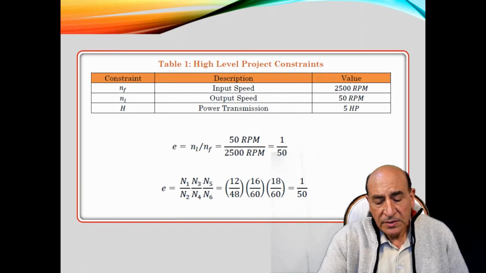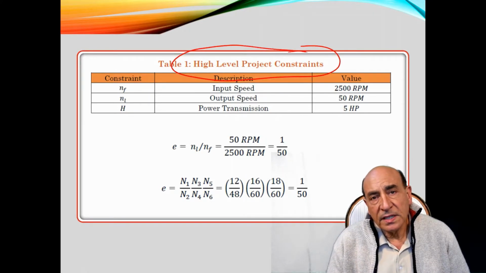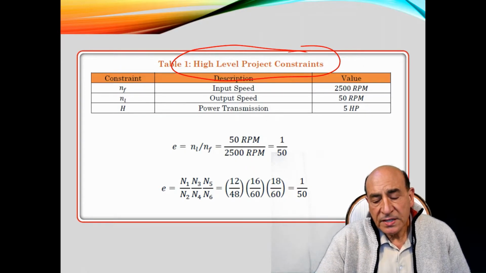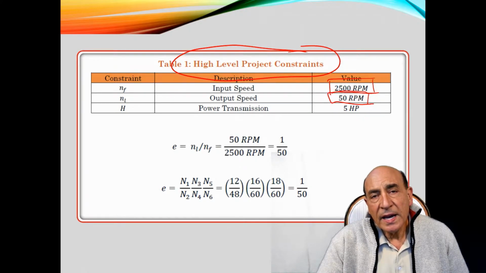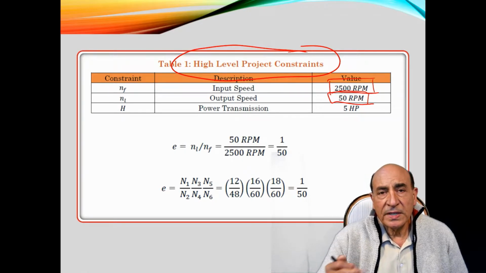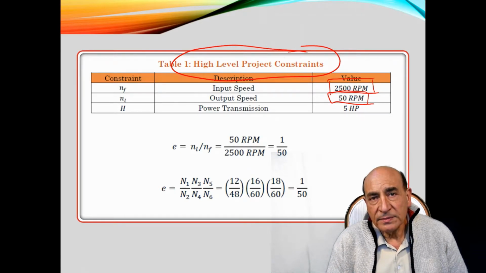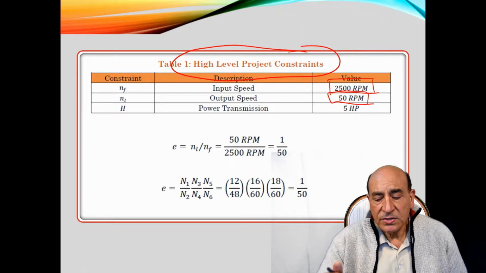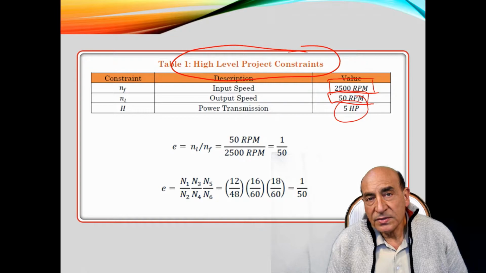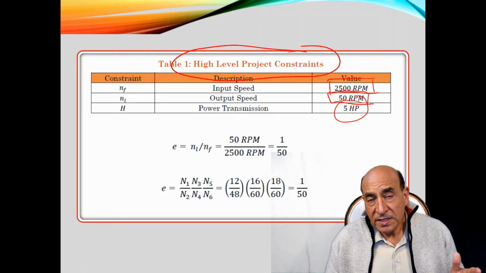In this step, we design the high-level project constraints, and the constraints would be the input speed and the output speed. Here, the gearbox is very simple, and it's a velocity reducer. So we want to reduce the input RPM from 2,500 and get the output RPM to 50 RPM. And in order for us to do that, we would like to transfer 5 horsepower. So the reduction